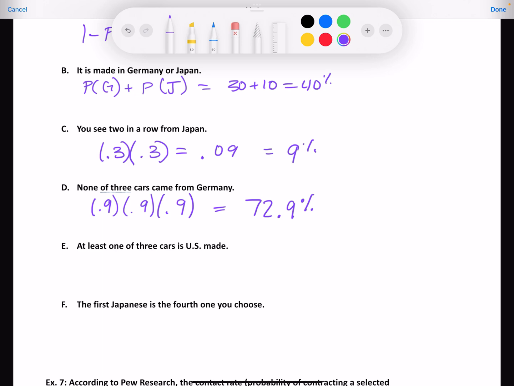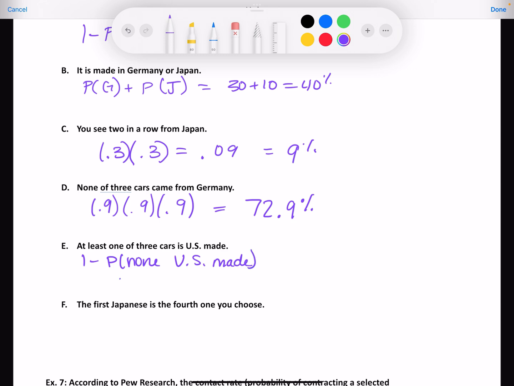All right. At least one of the 3 cars is U.S. made. Is this the thing where you had to do it different? Is this the tree? Nope. Well, at least one of them means how many? One. How many have to be U.S. made? One. But how many could be U.S. made? 3. So what is the only way that that's not true? If there's no U.S. car. So we can do 1 minus the probability that none are U.S. made,